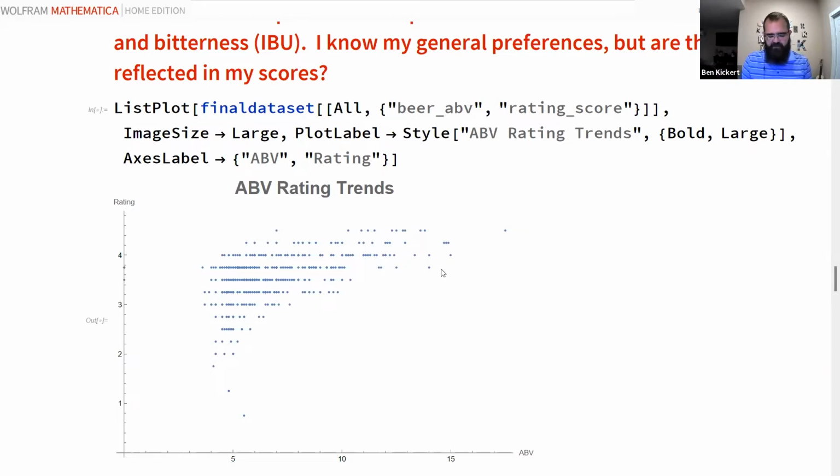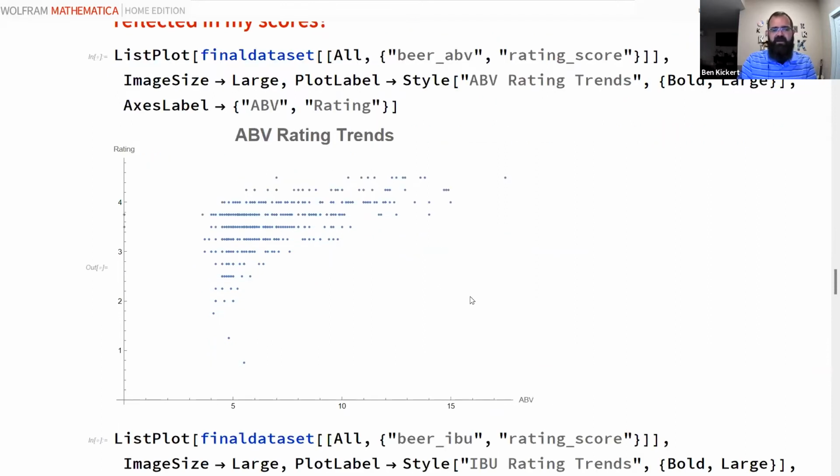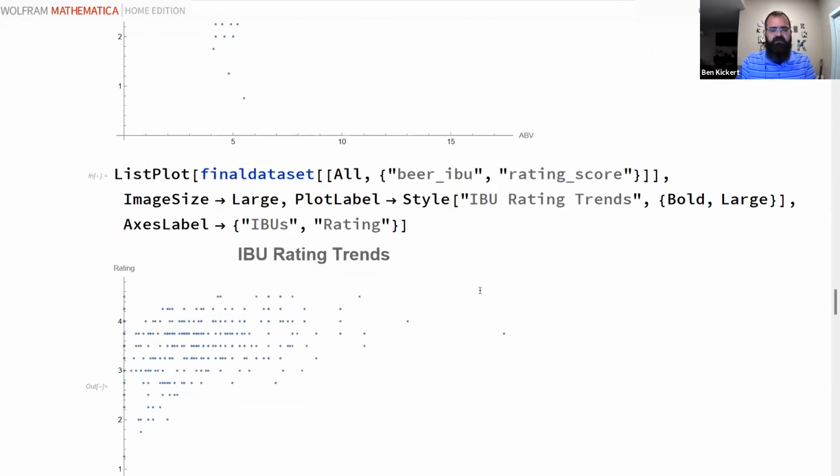I find that when I'm starting a new project or trying a new implementation, oftentimes I want to start with a data set that I'm very familiar with. That way I can make sure that the outputs are actually in line with what I'm expecting. I intrinsically know what styles of beer I tend to gravitate towards, and so looking at something like this, I can say, yes, this does match with my expectations. If it had been reversed, I would have had to go back and check it. So in our professional work, there have been a lot of times where I've piloted ideas by looking first at something that I know a little bit better.